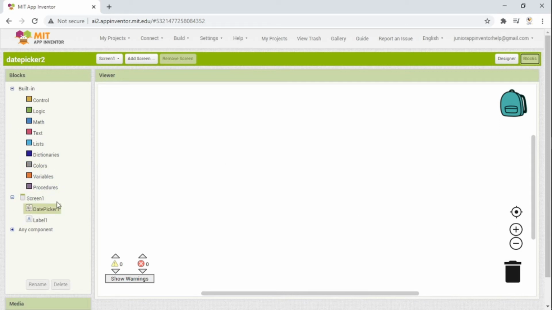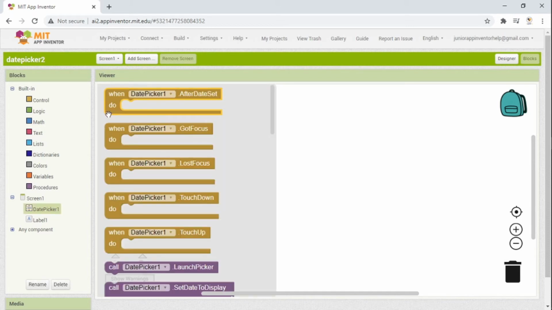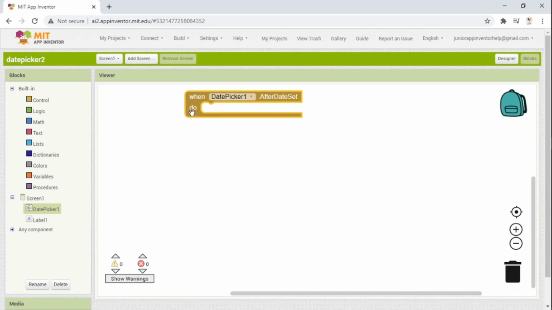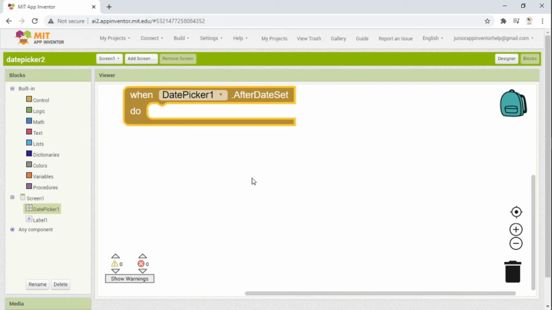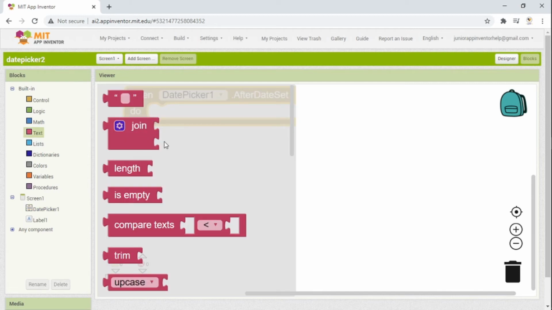First we take a date picker's block: when DatePicker.AfterDateSet, which means what function runs after the date is set. You can see it clearly.